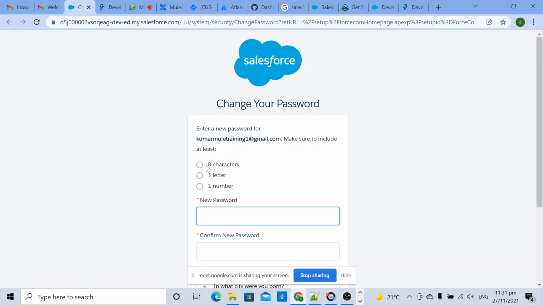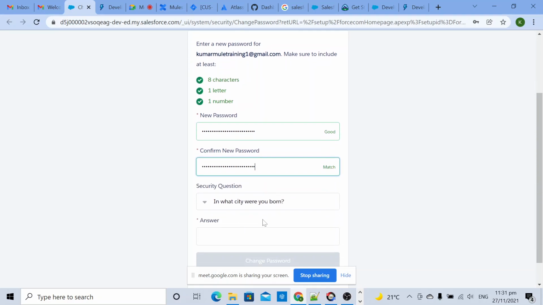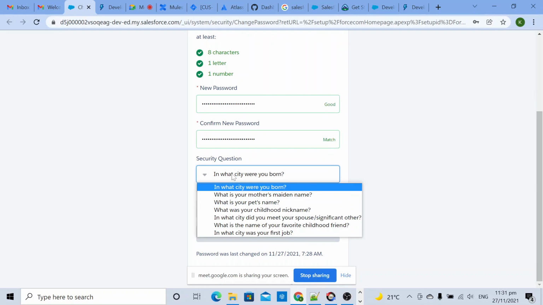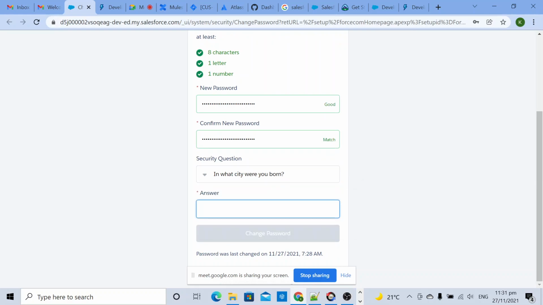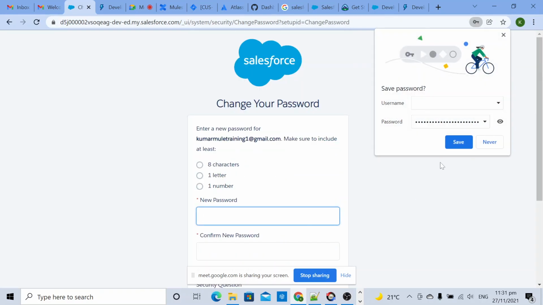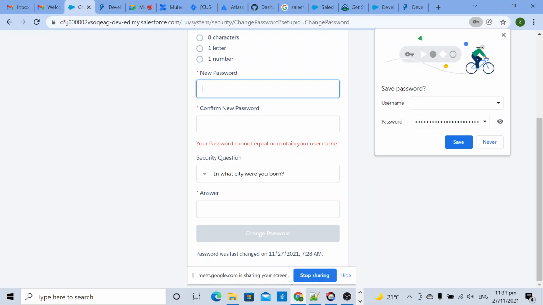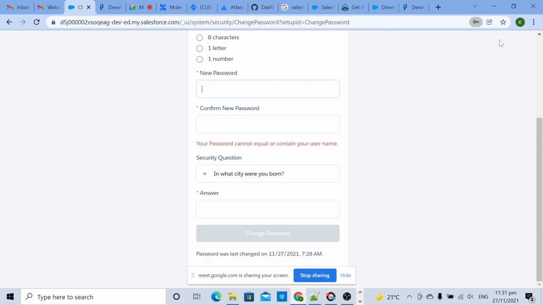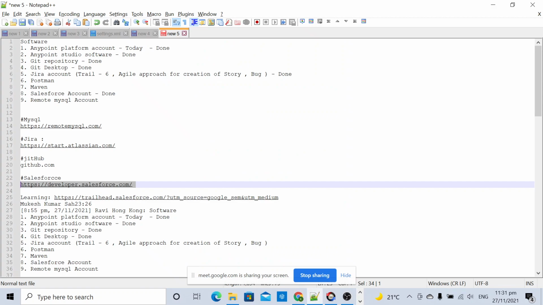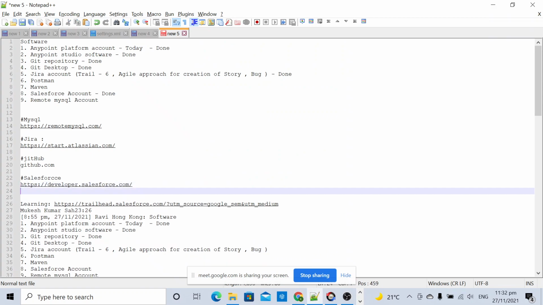So they are asking me for a password. Okay, so password. Hint. Okay. What happened? Okay, so I need to store this credential for future use also. So what I will do here, I will store all these things.